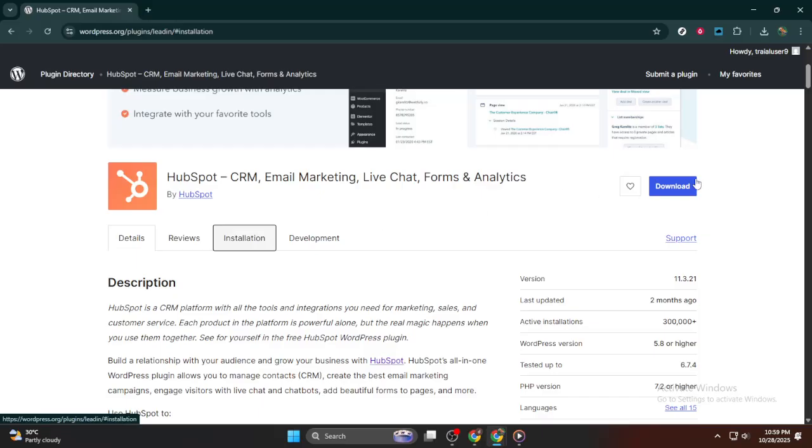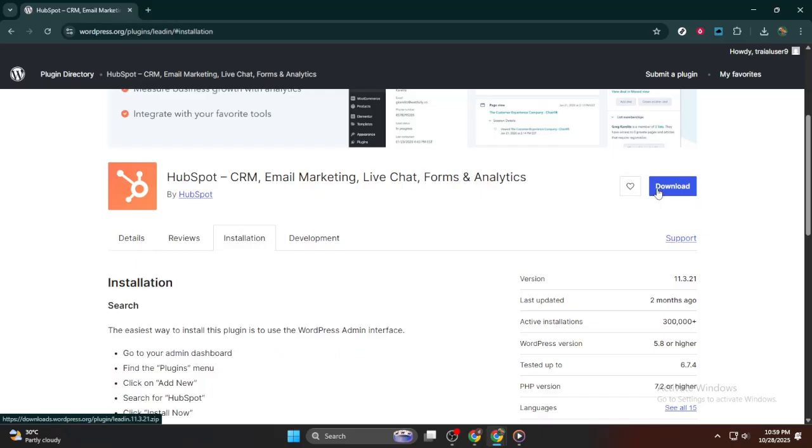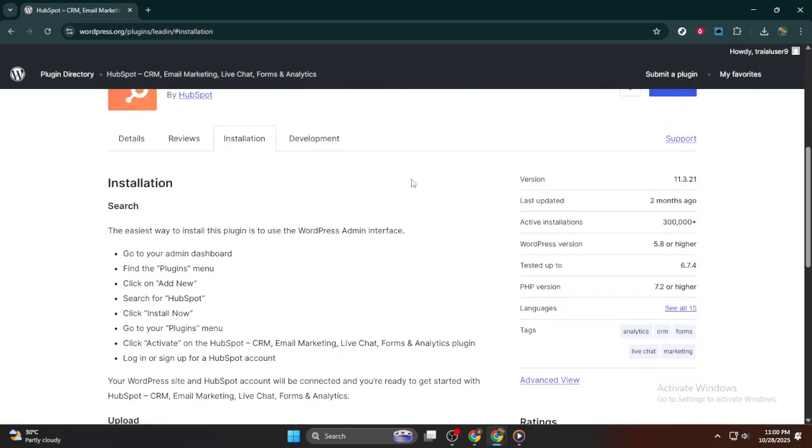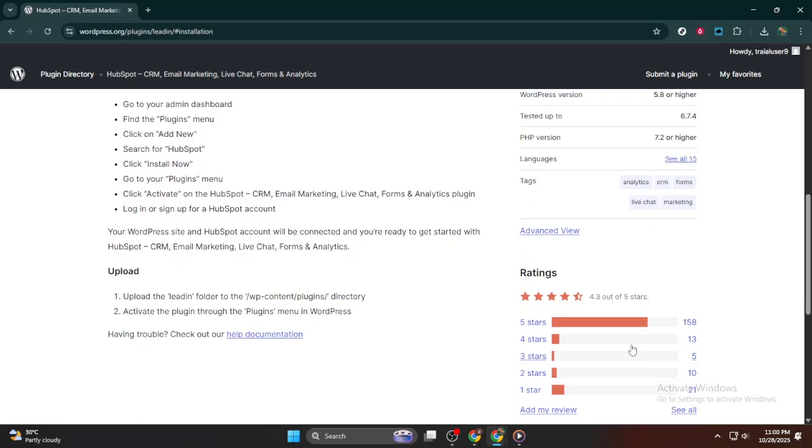Finally, locate and click on the download button. This step downloads the plugin to your WordPress site. On this page, you will find important information about the plugin, including user reviews, ratings, and detailed descriptions of what functionality the plugin will add to your site. Take your time to familiarize yourself with these details, which can give you insight into how others have found success